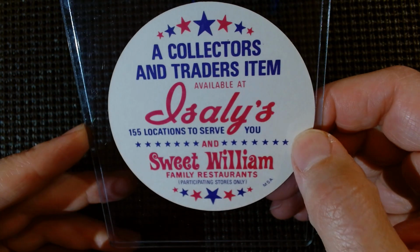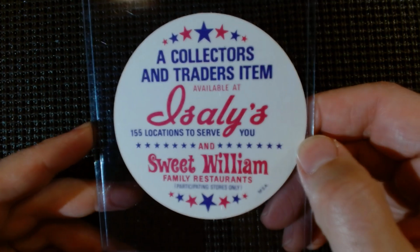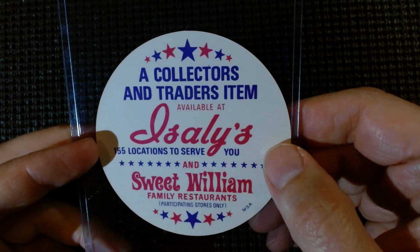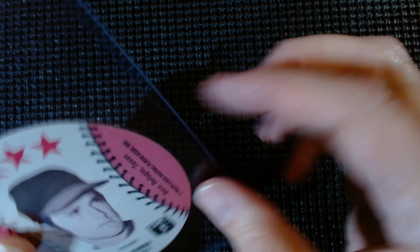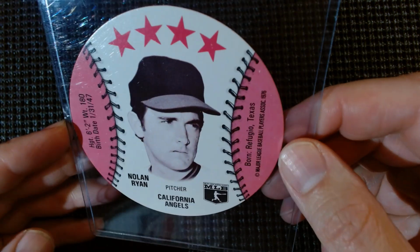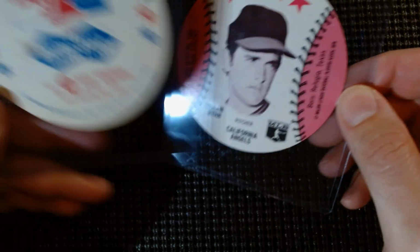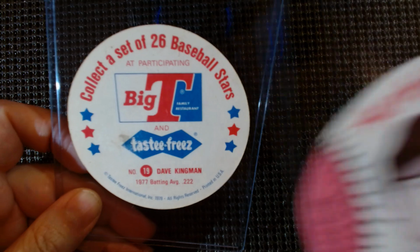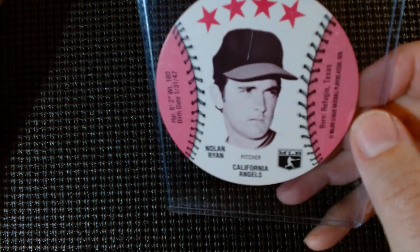Later on, they came down to like 24, 34, 36 kind of card sets. But I think some of these sets could go up to like 60 or 70 cards. It doesn't say on here, but yeah, I believe this one is a 26 card set. Yeah, collect a set of 26. And this one here